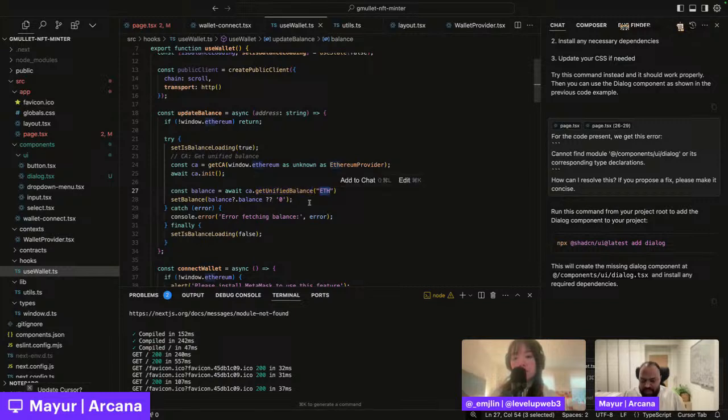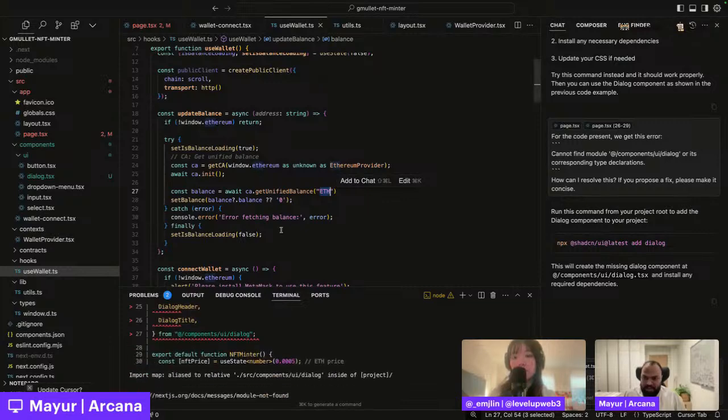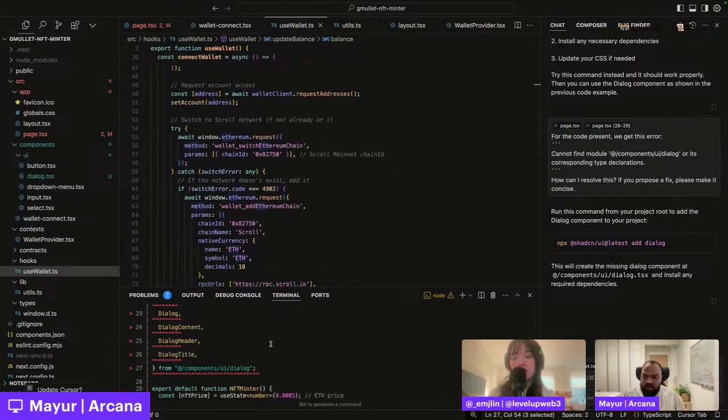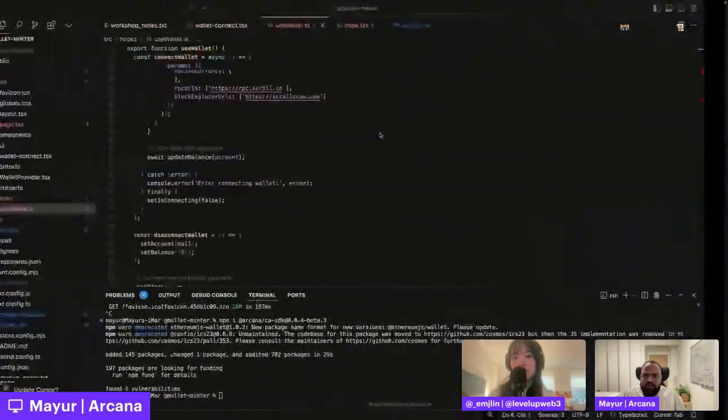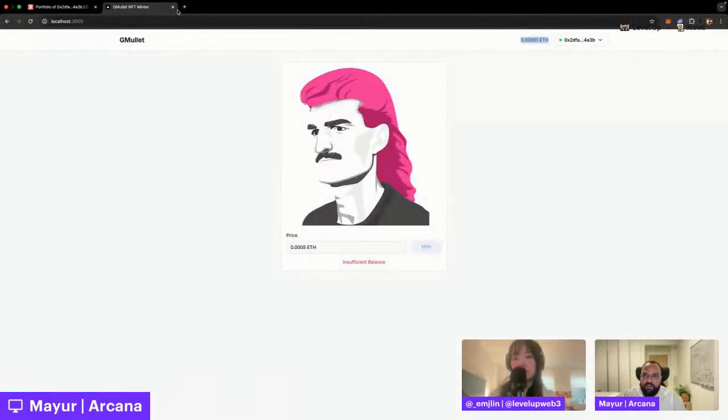And once I have that up and running, we can convert the balance that we are showing to the user from just the Scroll balance to this now unified balance.